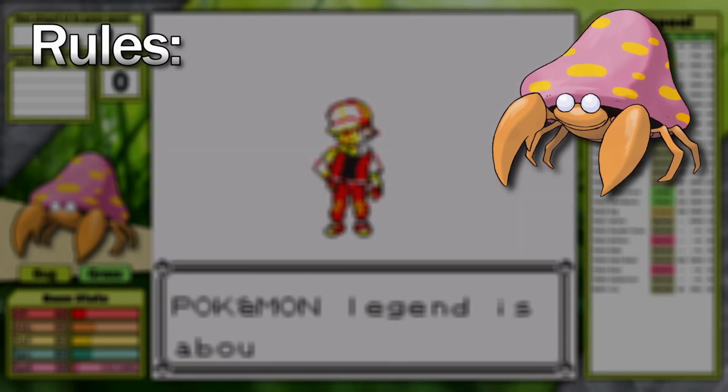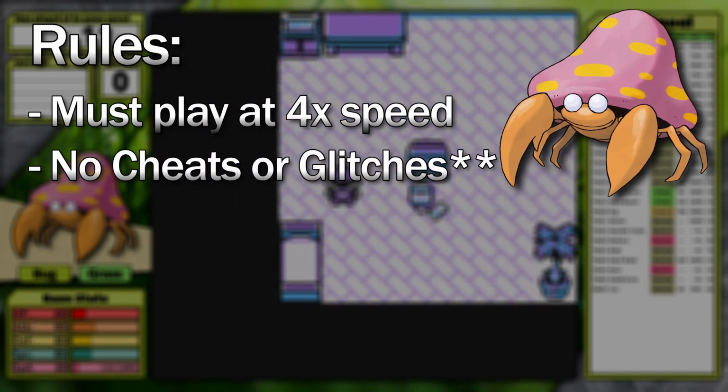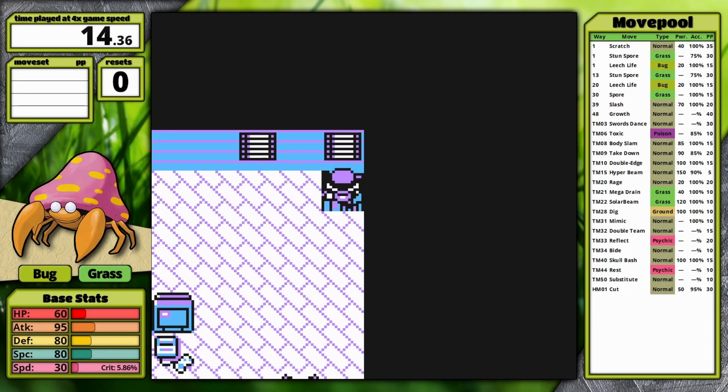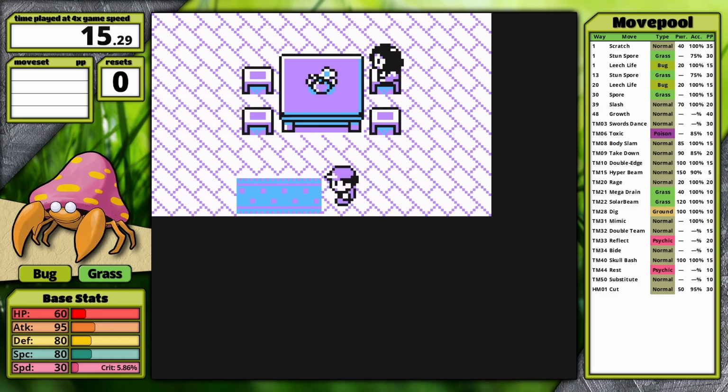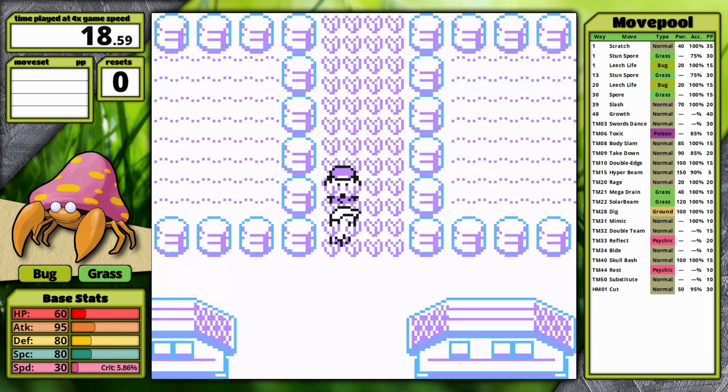The only rules to this challenge are that we had to play at 4x speed, and we couldn't use any cheats or glitches, except for one that I'll be mentioning a little bit later on. After numerous hours of planning and practicing, let's see just how fast we can beat Pokemon Yellow with only one Parasect. As we start our journey in Pallet Town,